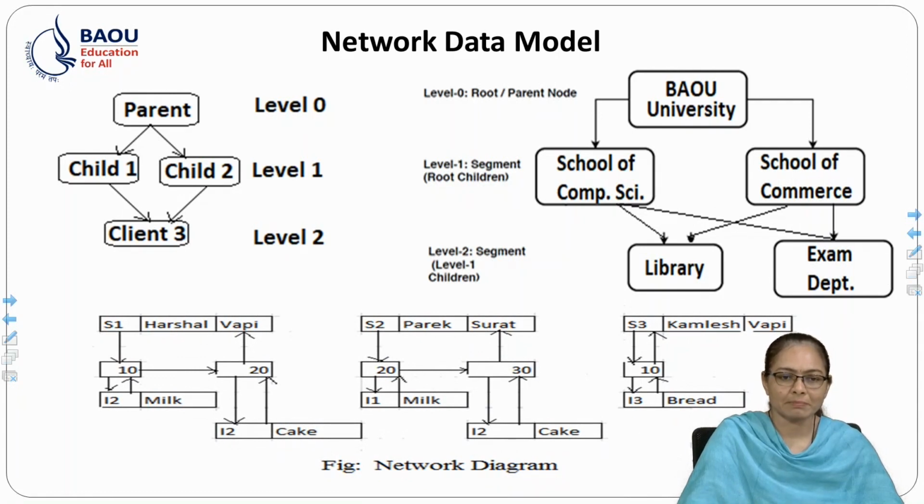Here in the third example, salesman 1, salesman 2 and salesman 3. Each record, the salesman record as well as the discount amount records as well as the item records, are related on both sides. Salesman is connected with discount amount and discount amount is related with salesman. Same as discount amount is related with the item records, and item records are also related with discount amount.